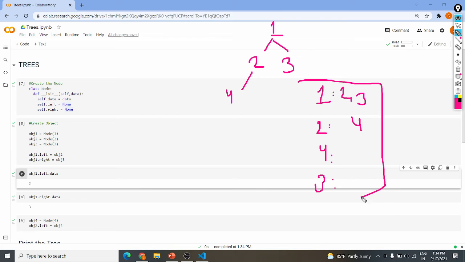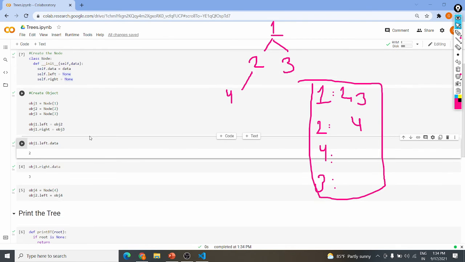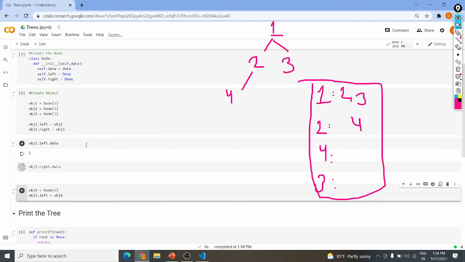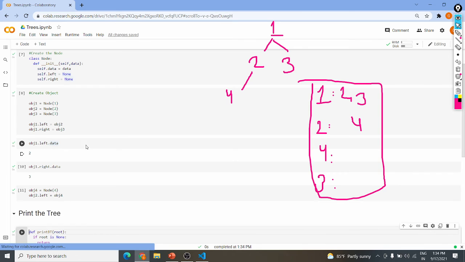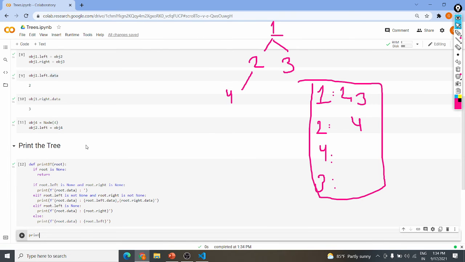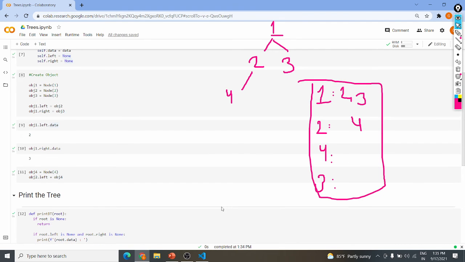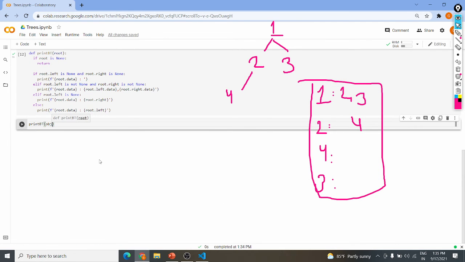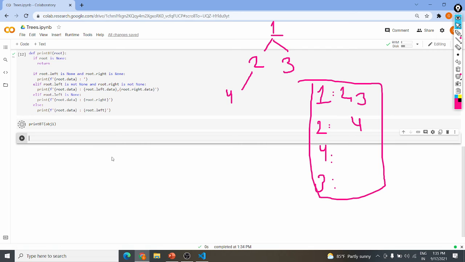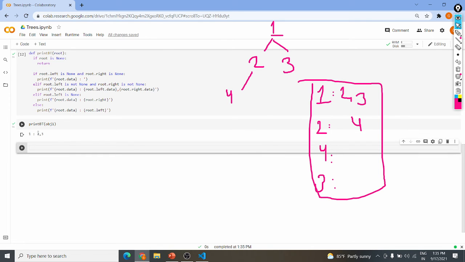So this is how our output should look. Now let's check. Print bt. What is our root? Root is obj1. It's just printing 1 comma 3.